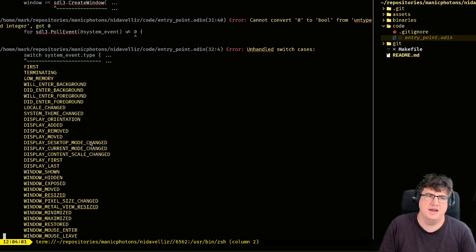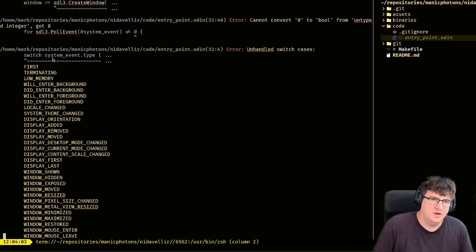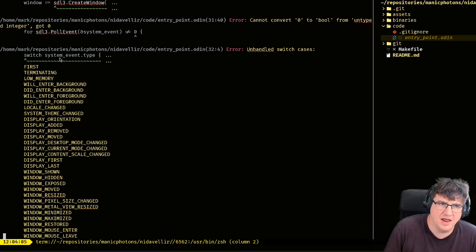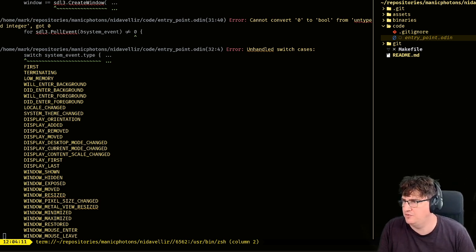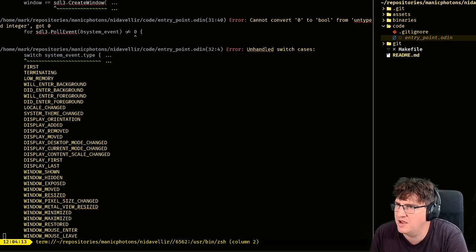One error remaining. So when I switch on the system event type, there's a bunch of cases I'm not handling. Okay, so let me just double check switch statements. Do I need to mark it as a partial switch? I assume so.